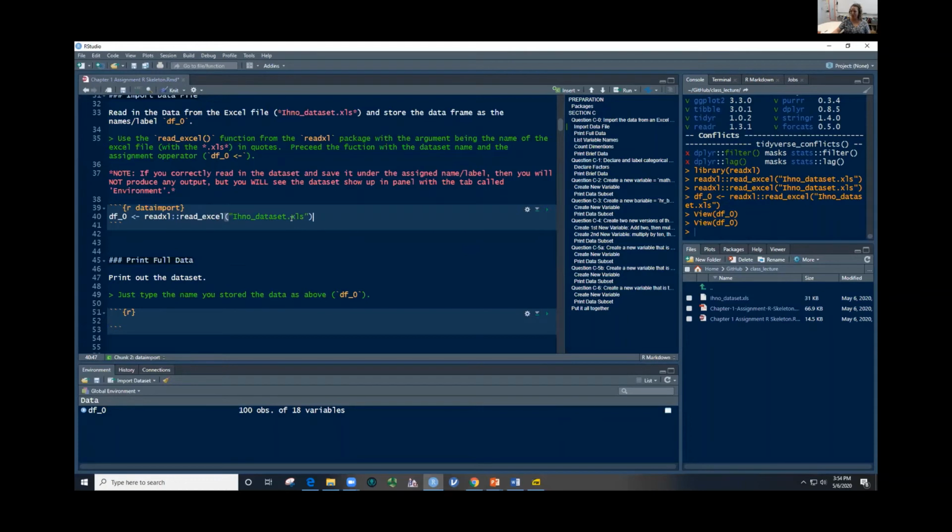Okay, whew, you guys just wrote your first line of R code. How do you feel? Very good. Okay, so when we make an assignment in a code chunk, it does not produce output. We've read our data set in and stored it as df0 with that assignment arrow, but we didn't get any